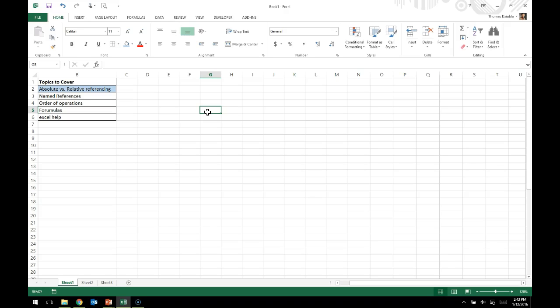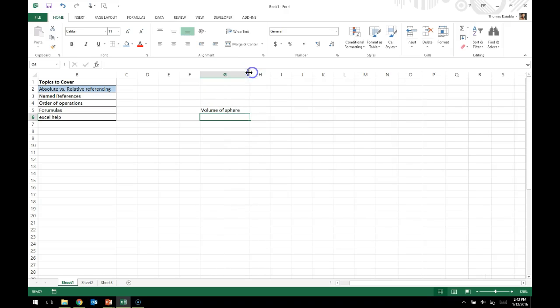Let's say we're going to do an equation to calculate the volume of a sphere, right? Well, for the volume of a sphere, we can have a cell that we call radius, and the radius will have some value. Now, of course, we can just use the relative reference, G3, as our reference point. You'll notice over here it shows the position of the active cell. It says G3. However, in this box I can actually edit that and change it to